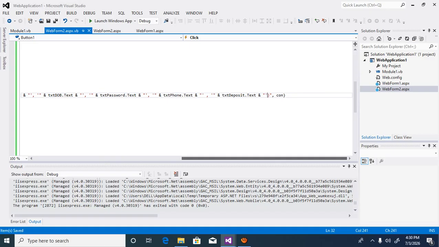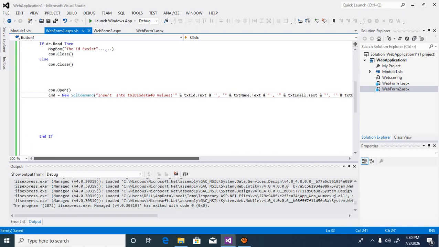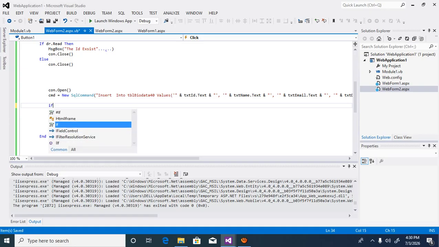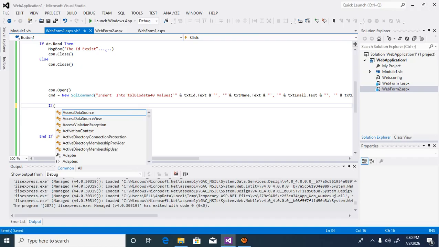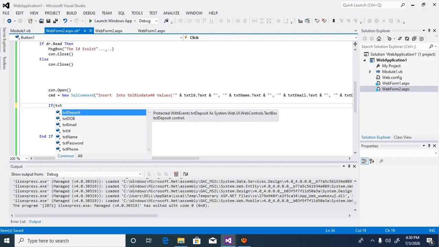You see? This is the seventh, there are 7: number 1, 2, 3, 4, 5, 6, 7. Then in case the person does not feel anything, I now click submit. Some people don't feel anything, they don't know what to do, they'll just press submit. That's why you must put a condition, which is if, open bracket, if this text box ID